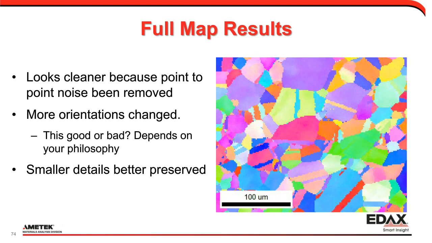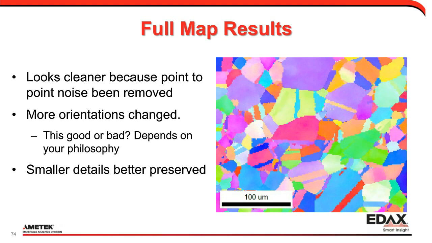The whole thing I always say is when I'm reindexing something, I'm going all the way back to first principles. I'm going back to that initial pattern, then I'm redoing the image processing, and then I'm redoing the indexing. Now I'm basically doing two different things here: picking and choosing points versus doing the entire area again. Is that good? Is that bad? Which is a better philosophy? I honestly don't know. But one of the things with the full map results is it tends to be a little bit more